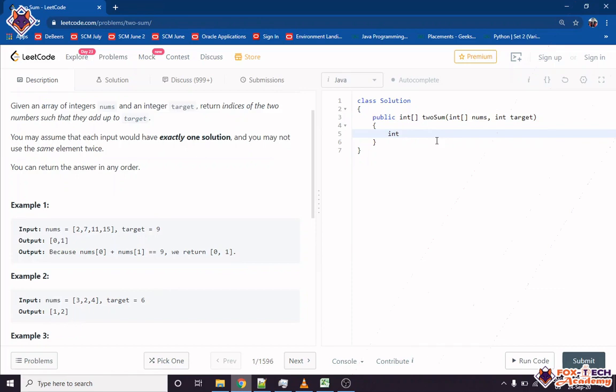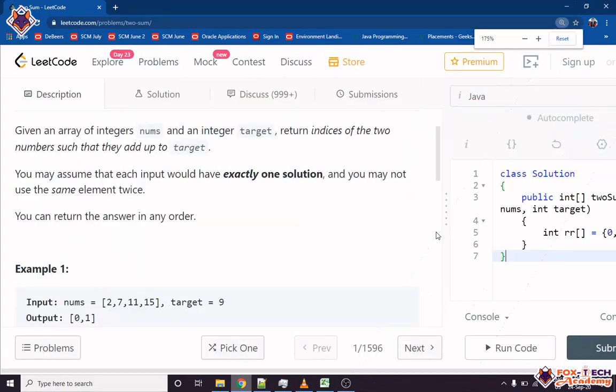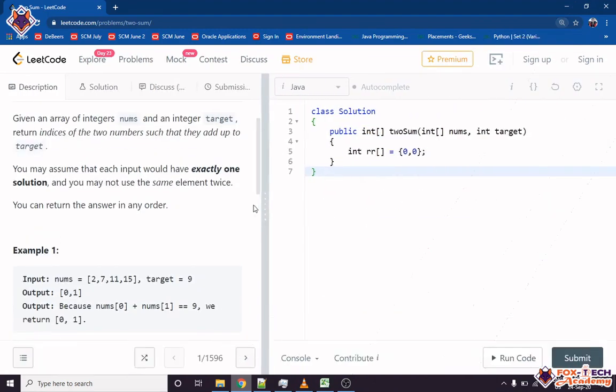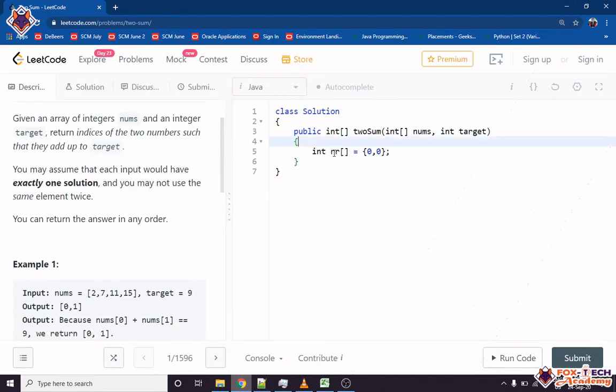So we will create an array of size two, and suppose we give 0 0 as the default values to that array. Give the array a name, and let's start with the problem.